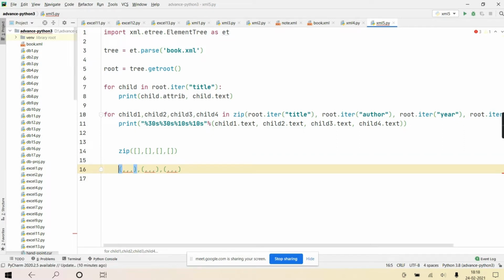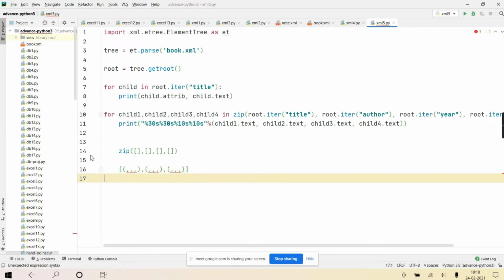And all these tuples are again in one list, which zip returns. And then I have used this list in a for loop. So when I use this list in a for loop, will it fetch them one by one? At a time one tuple is coming, but that tuple contains four values. So I have unpacked it into four variables. But all four variables are also objects of Element, so I am accessing their text.